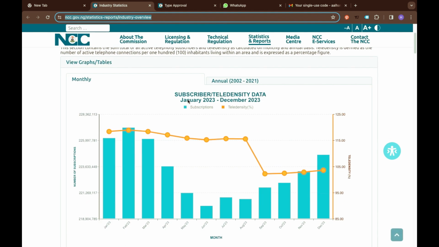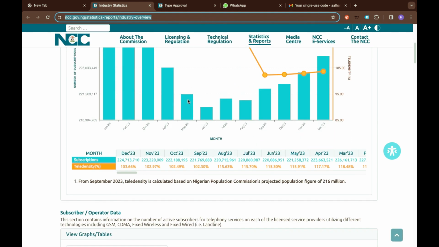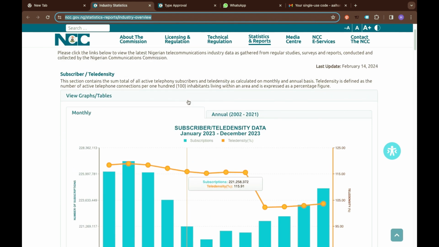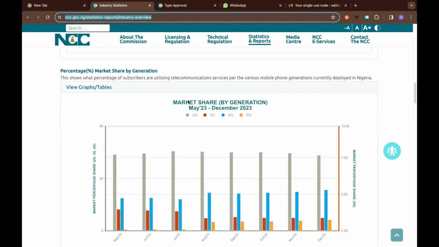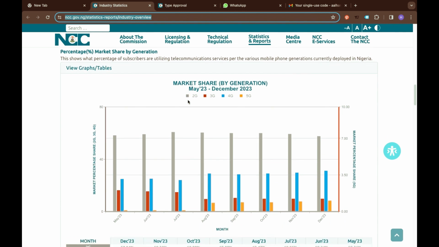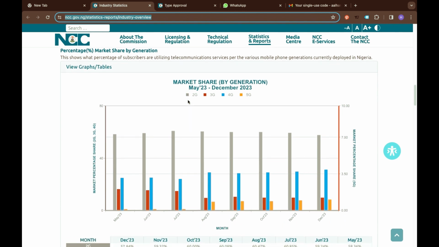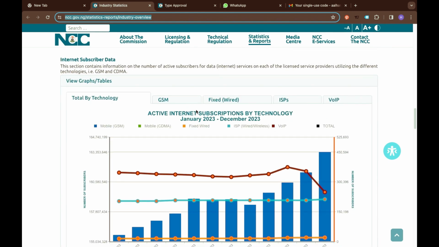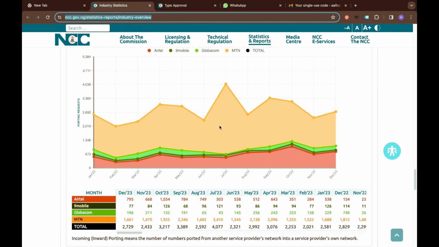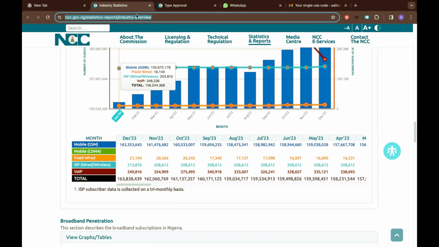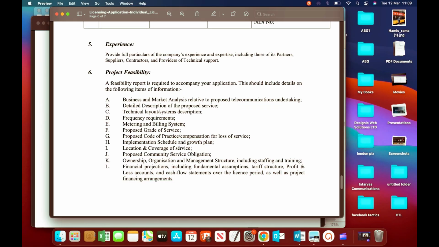So here you can see subscriber teledensity data, which is uploaded by NCC. You can see the market share by operators. You can see the market share by generation, in terms of maybe the age group, and you can see the internet in terms of broadband penetration. There is a lot of information you can use that relates to your own license or industry you are going to develop your facts on.